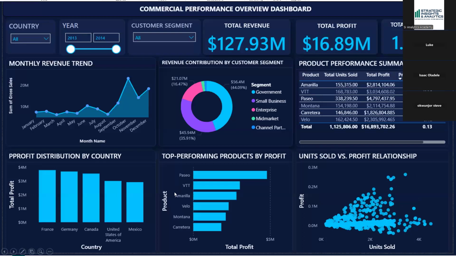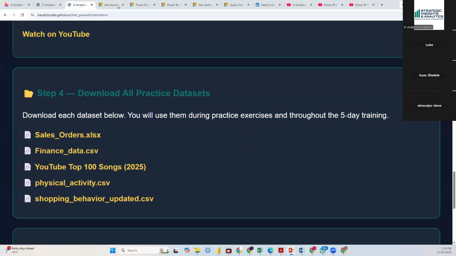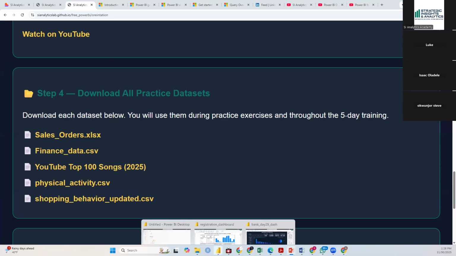And before you know it, our dream, our aspiration, and our hope is that you are able to create a dashboard that is as stunning, visually appealing, informative, and insightful as this. This is the least you can do. This is just a one-pager dashboard or report. You can actually create multi-page reports with the things we're going to be learning from this training. So on that note,